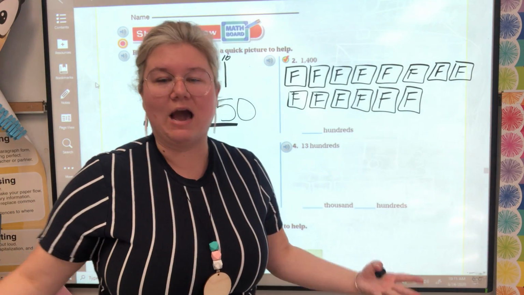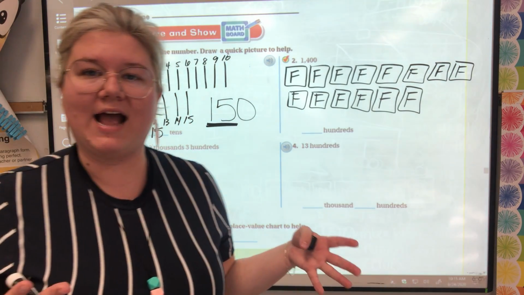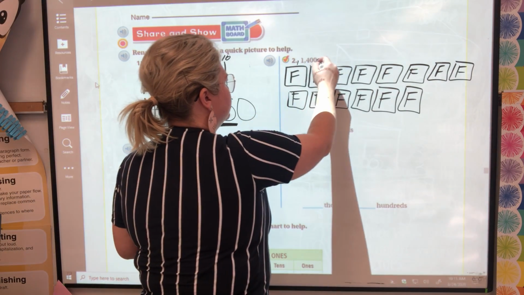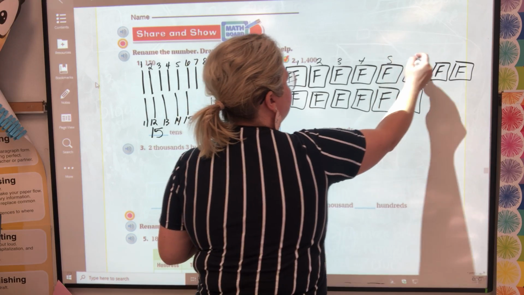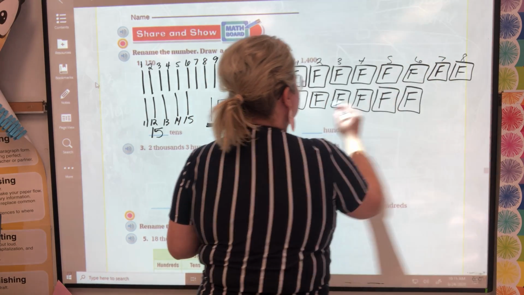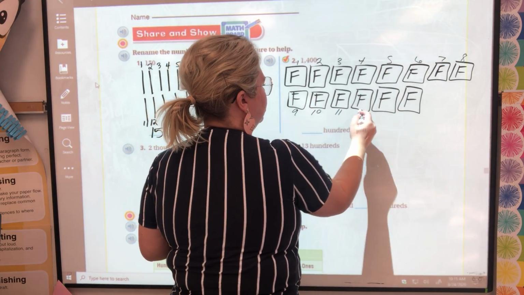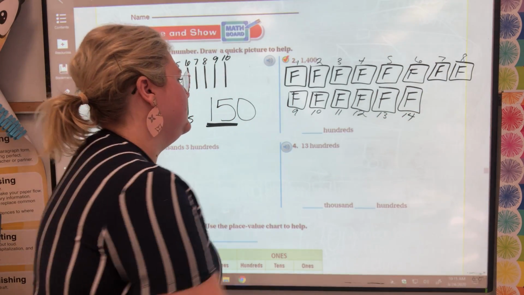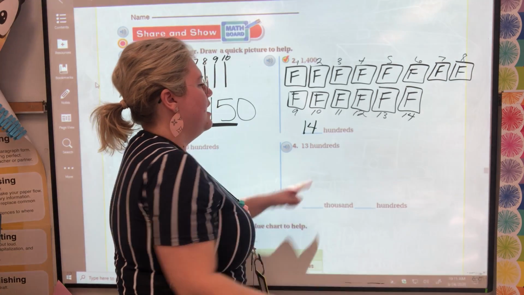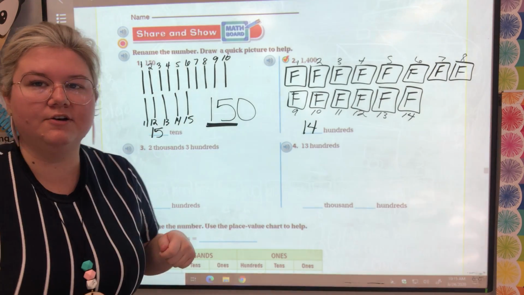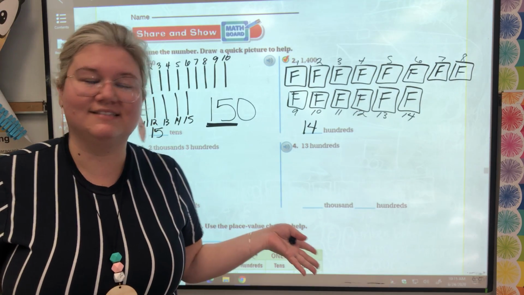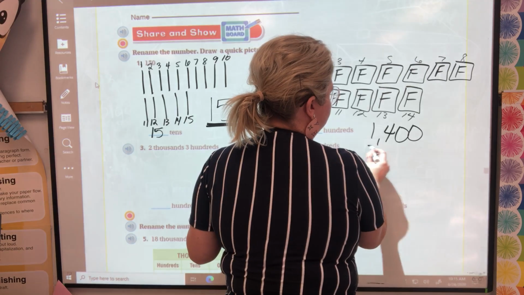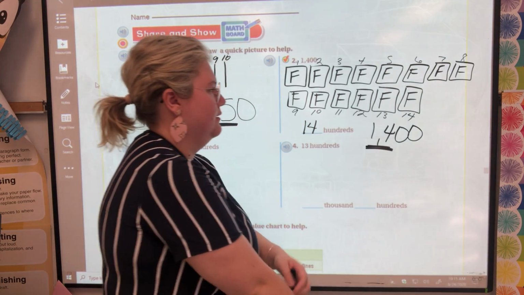Now I'm going to count them up and see how many flats make up 1,400. 1, 2, 3, 4, 5, 6, 7, 8, 9, 10, 11, 12, 13, 14. There are 14 hundreds in 1,400. Now let's check it. Let's look at 1,400. You see that number 14